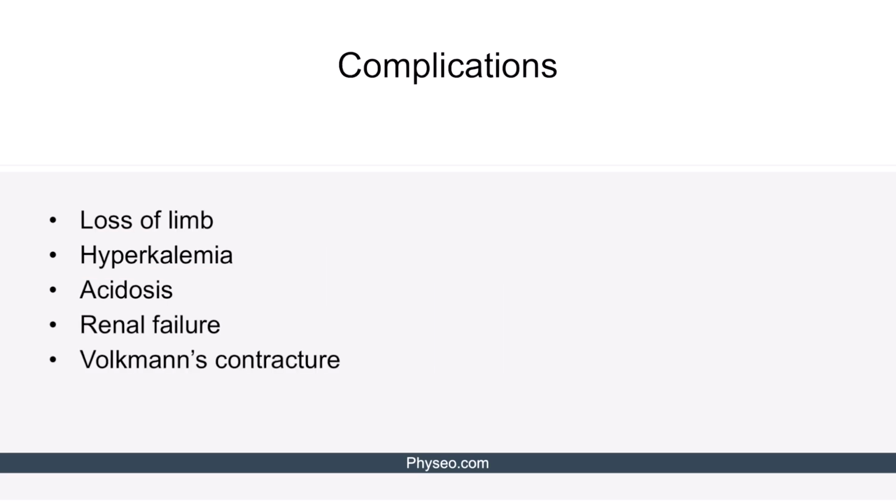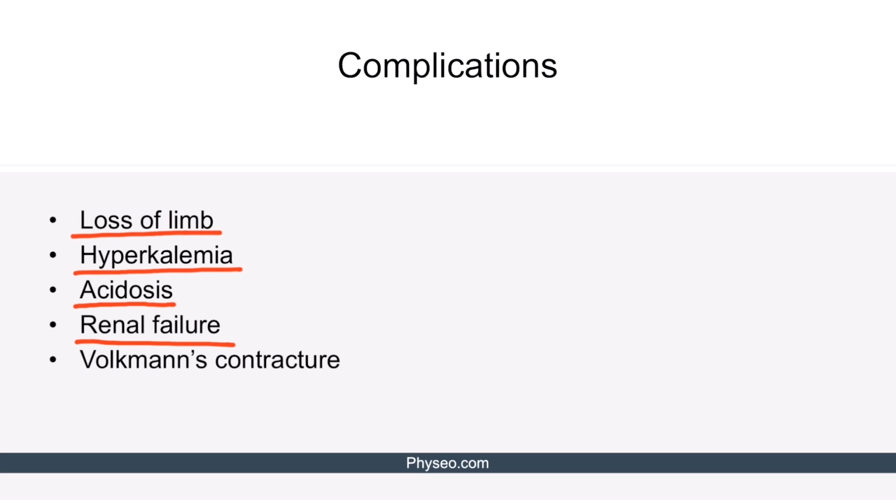Delay in diagnosis and treatment can result in multiple complications. Ischemia and tissue necrosis can result in loss of limb. Hyperkalemia may develop due to the increased release of intracellular potassium from dying cells, and acidosis can result from excessive lactic acid production induced by hypoperfusion of tissues. Release of myoglobin and uric acid from dying myocytes can result in renal failure, as these substrates are toxic to